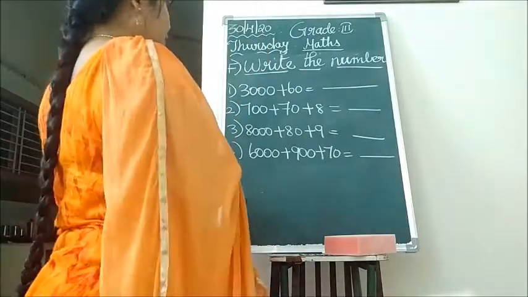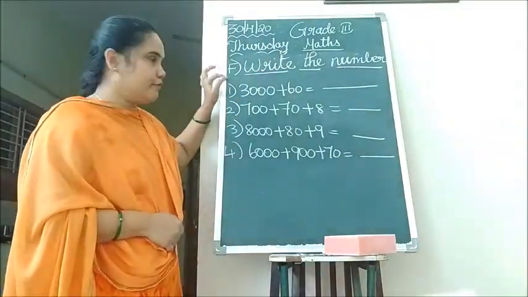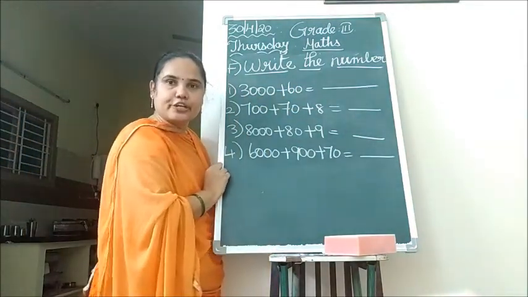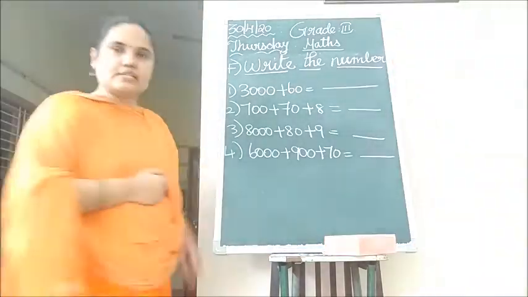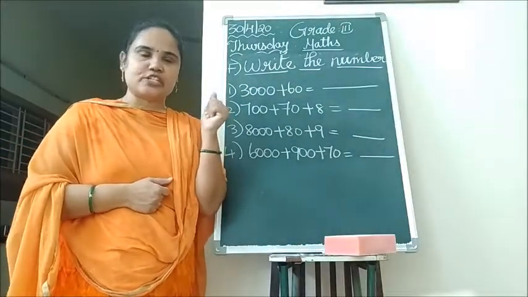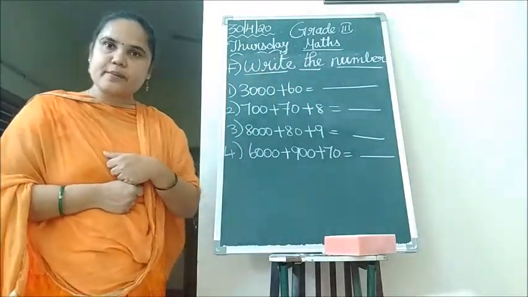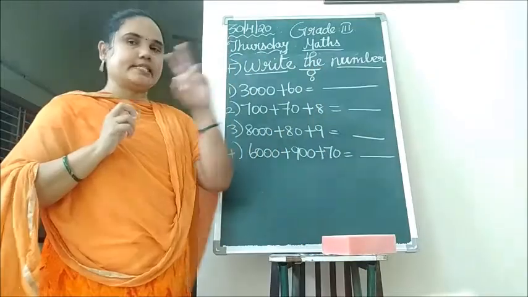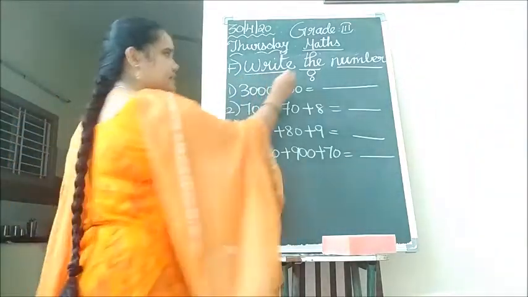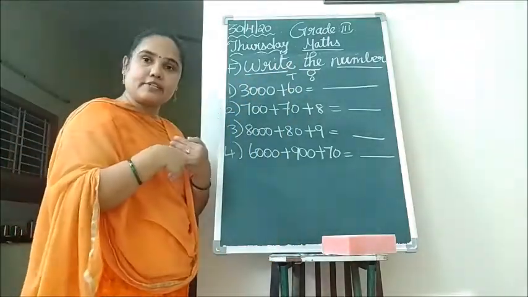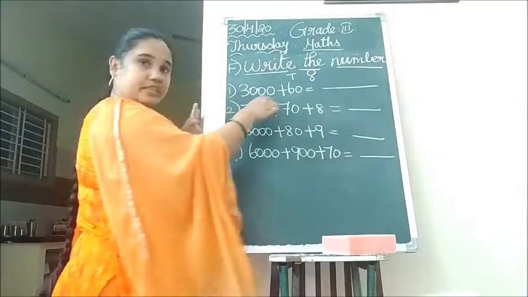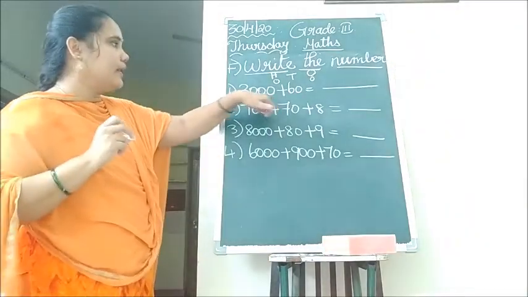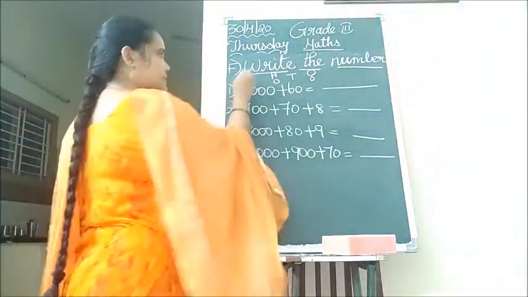Okay. See this one, children. This is exercise 1.2 F Roman. Write the number. Place value of each digit is given. Now we are going to write the number. See children, what is the first place? Ones place. Ones place means single digit number. See in the first sum, did they give a single digit number? No. So what do we write in the ones place? 0. See 60. 60 is a two digit number. Two digit number means which place? Tens place. What is the next place after tens? Hundreds. Three digit number. Did they give a three digit number? No. So what do we write here? 0 in hundreds place. Now see 1, 2, 3, 4. Four digit number. Four digit number means thousands place.